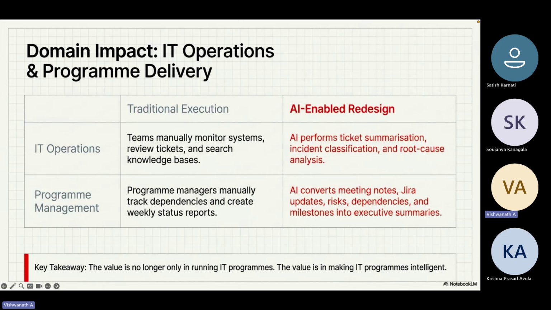As we have discussed, the value is no longer only in running these IT programs. The value you are going to bring to the table to any people is how you are going to run this program intelligently. What are the Jira updates which you have to get every single day? What are those risks which you have to note every single day? What is the threat intelligence summarizer? Do you have a threat intelligence mapping in your organization? If you don't have, you need to ask, hey, before I'm joining the organization, do you guys have a threat intelligence map? How are you going to summarize that?